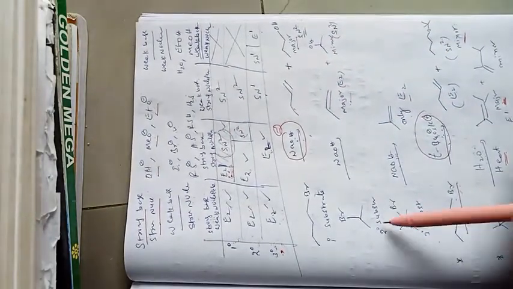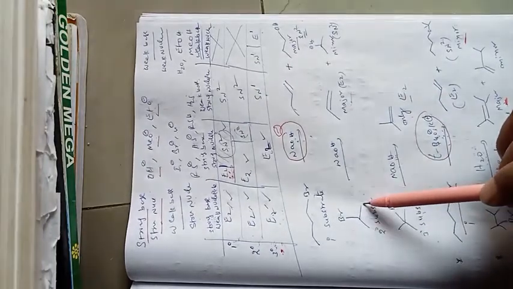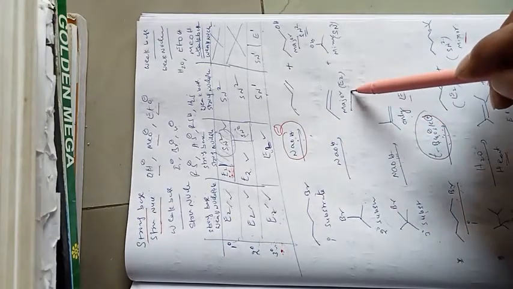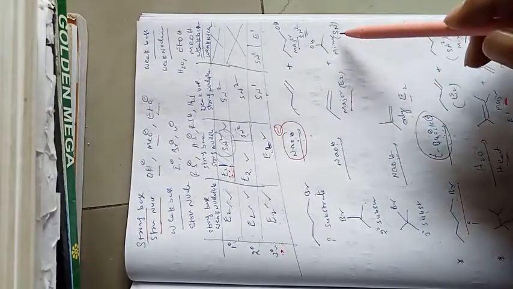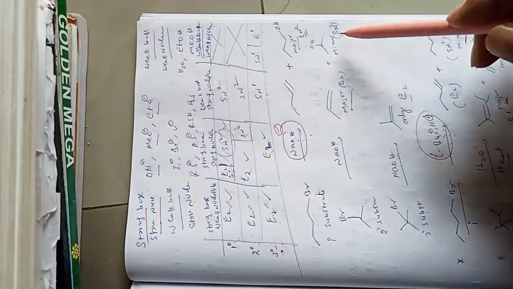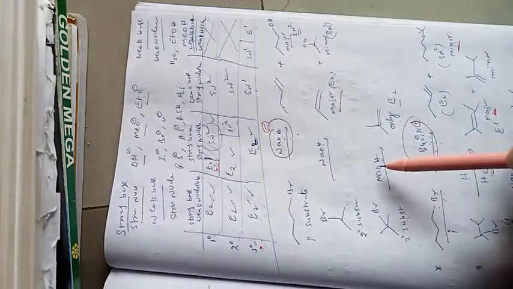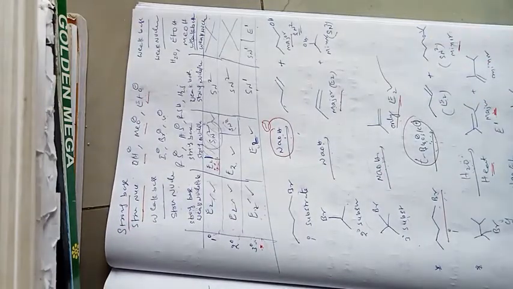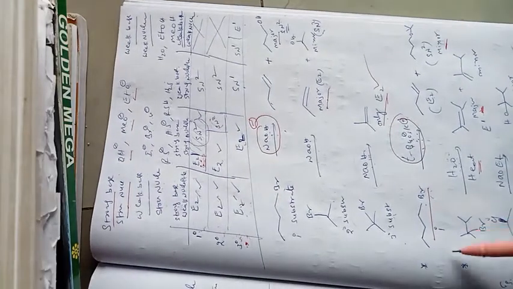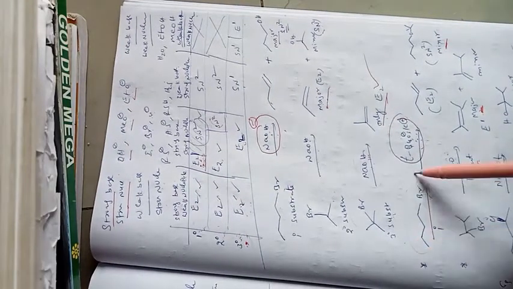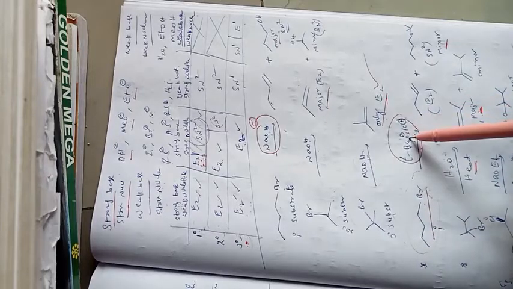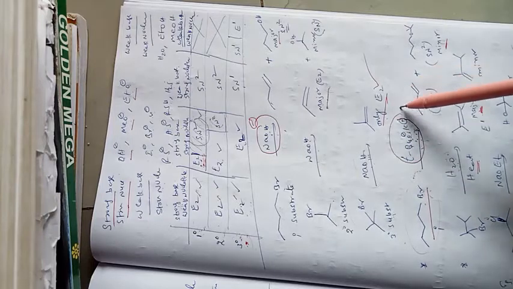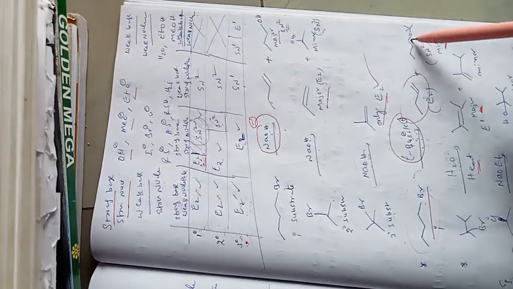If the substrate is a secondary alkyl halide, for example 2-bromopropane, in the presence of a strong nucleophile as well as a strong base, the elimination E2 product is the major product and the substituted product is the minor product. And if it is a tertiary substrate in the presence of a strong base and strong nucleophile, only the elimination product is expected. Then in class 2, if it is a primary alkyl halide but the base is a very strong base and the nucleophile is a very weak nucleophile,